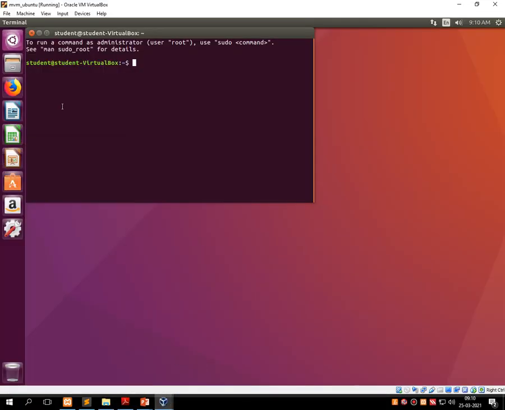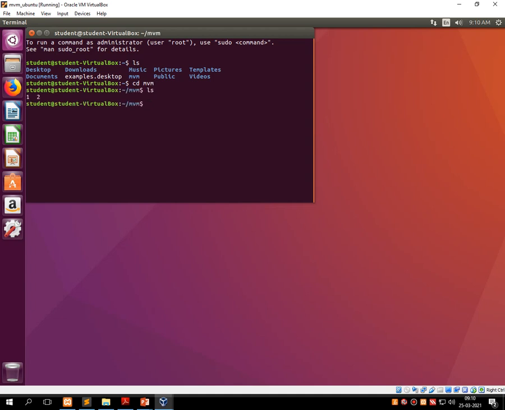Now let's see whether it works or not. First I am displaying the directories that we have. Then I move from root to MVM, where I have two files, 1 and 2, that I lastly created. In file 1 there is a student, and I have used the cp command to copy the file, so file 2 also has the content of file 1.